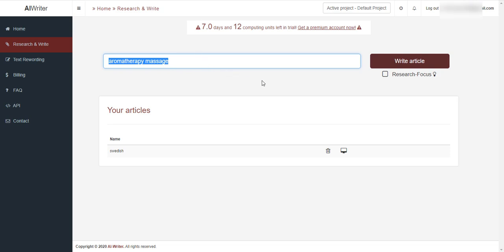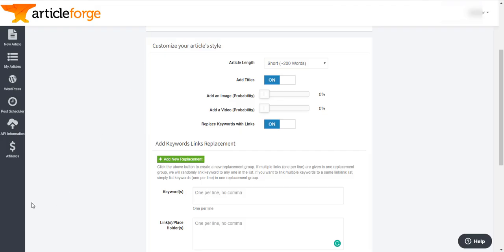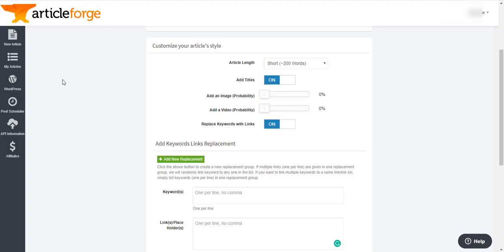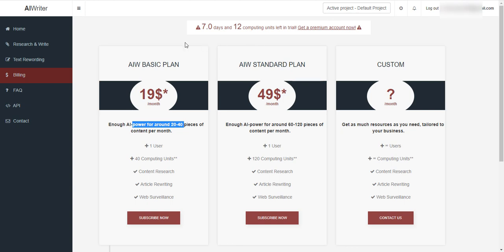With aiwriter, you cannot. With Article Forge, you can make some money by becoming an affiliate and promoting this product. With aiwriter, you cannot. With Article Forge, you get unlimited content. So when you buy, you can create unlimited content. With aiwriter, depending on the version you have, you can only do about 20 to 40 posts per month, or 60 to 120 posts per month, which is very, very limited, because sometimes you did not like